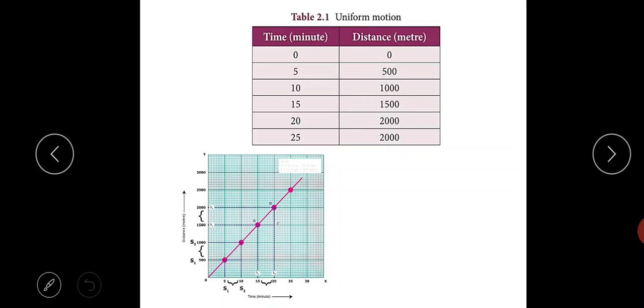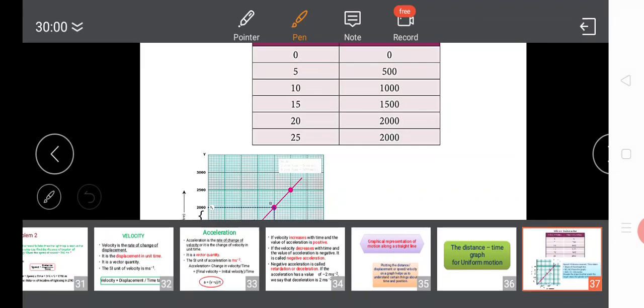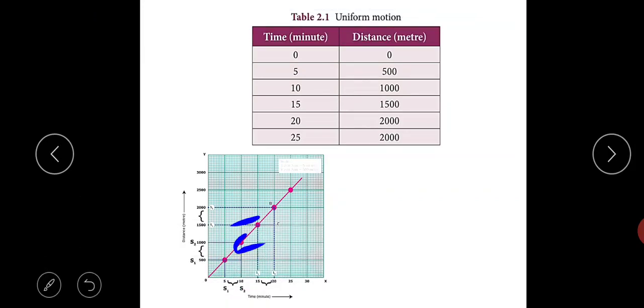We can also calculate the speed from the graph. Can we calculate? Definitely we can calculate, because what is the formula for speed? Distance covered divided by time taken. We have the distance value and we have the time also. Can we calculate? What points can you take here? You have to find the slope. So you take the slope of the straight line at any 2 points. These 2 points you can take, or these 2 points, or these 2 points. Any 2 points you can take and calculate the slope.